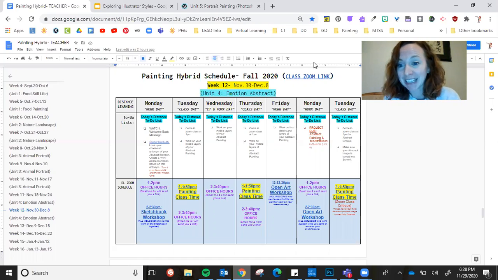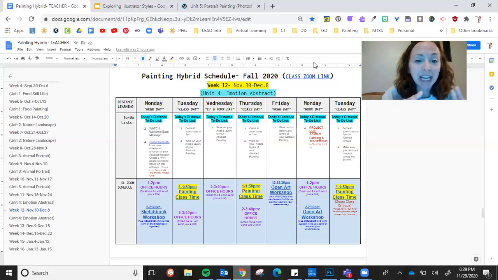Let's go ahead and jump in and look at the schedule. The schedule looks a little different this week because it's for distance learning. So I reorganized it a little bit for you guys. We don't need the previous ones where it's distance and in person because everyone's distance. We're starting on Monday, just because last week was a weird week with break. So I basically added Monday and Tuesday to this week, so we didn't just have a 2-day week instead. And then I broke it up.